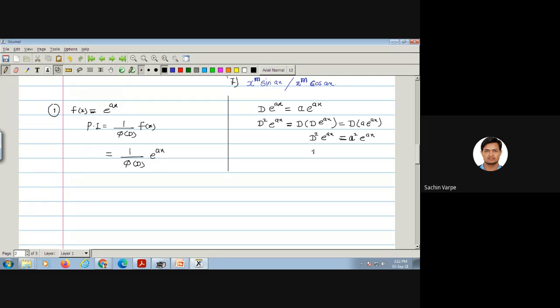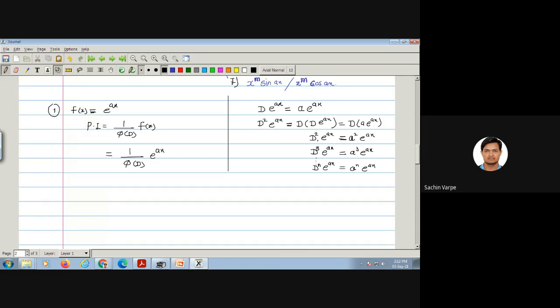Now what if it is D cube? It will be a cube e to the power ax. So can you generalize this? D raised to n of e to the power ax is a to the power n e to the power ax. Right? Now,